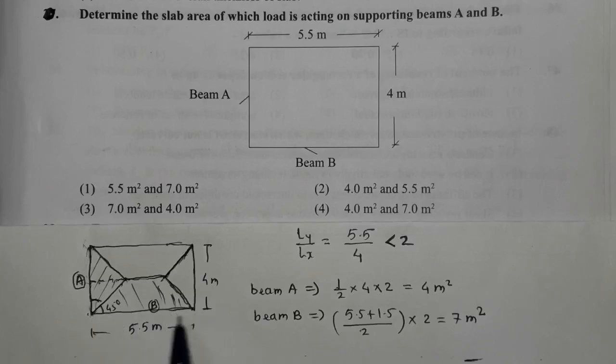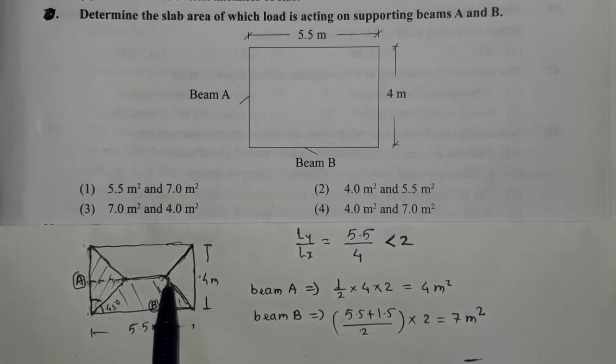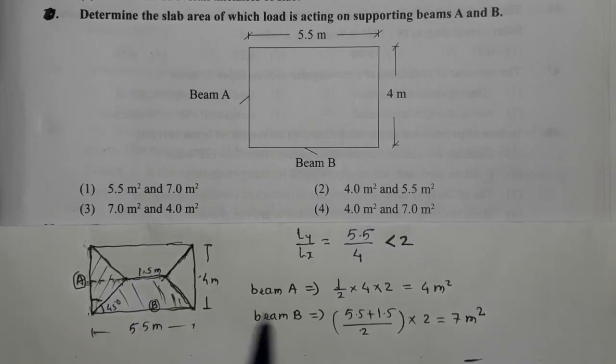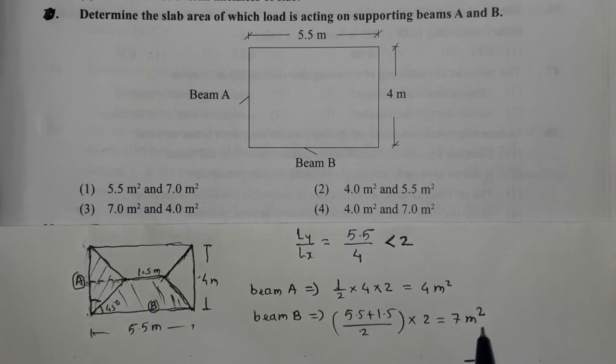So these two parallel sides are there. One is 5.5 meter long, whereas this is 2 meter, or it is the height of this triangle, which is 2 meter. It is also 2 meter. So if we deduct 2 plus 2 from 5.5, the remaining side becomes 1.5 meter. So sum of parallel sides is 5.5 plus 1.5 divided by 2 into the height of this trapezium, which is equal to 2. So the area works out to be 7 meters square, and that is why the correct option is option number 4. Next question.